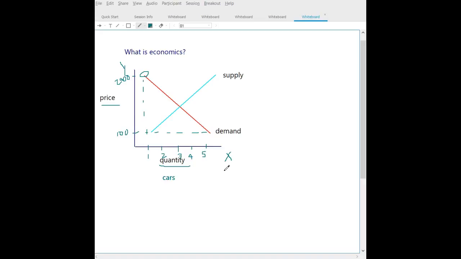So what this means is that the amount of something that you're going to get is dependent on the price. If you're going to get something more expensive, you're going to want less of it, because as mentioned before, your budget is $2,000, so you can only get 1 car. As opposed to, let's say that it's $100 and you can get 5, but